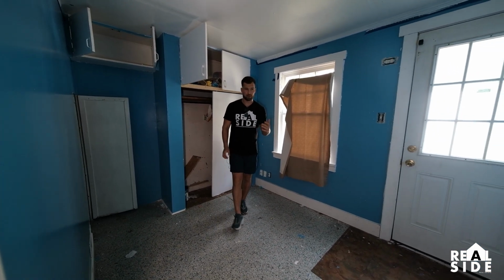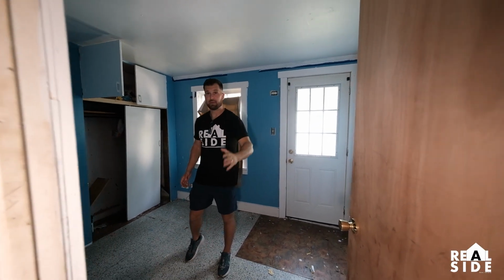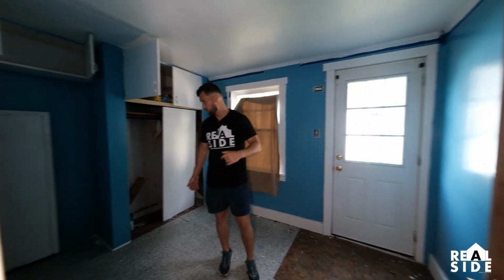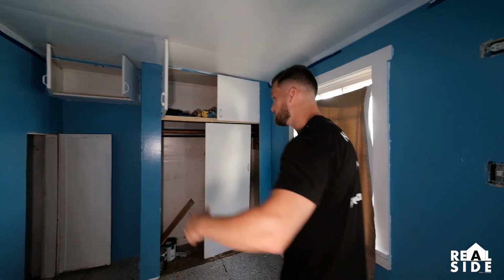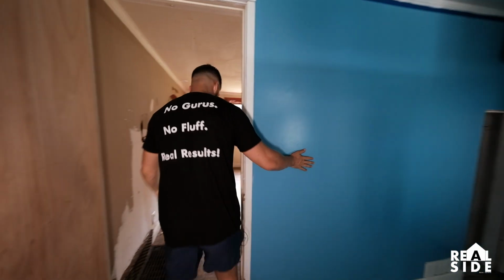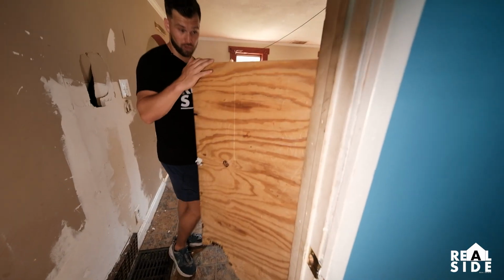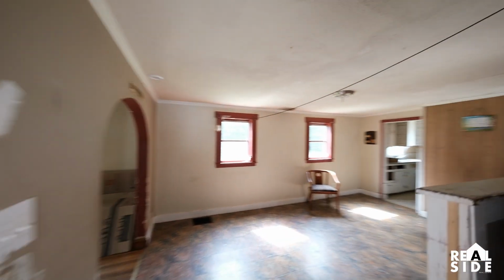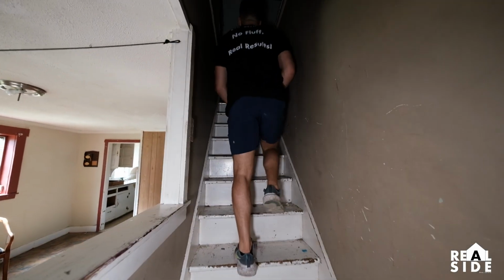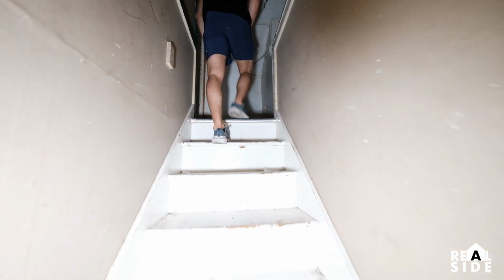So we may steal into this bedroom or this living space there. We need to make this much, much bigger. So 1 bedroom needs to get way bigger, or we steal that way into the kitchen, but we can't steal this way because this is gonna be our staircase. So that's problem number 1 that we're running into. Number 2 is gonna be more downstairs, but I wanna show you guys the rest of this place. Walking upstairs,